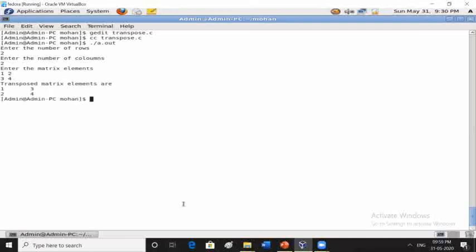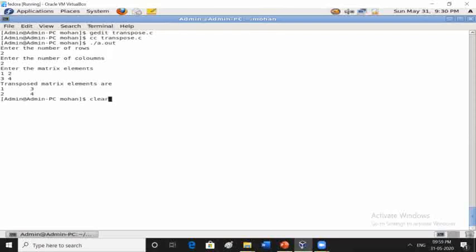Resultant transpose matrix is 1 3 2 4. Values are interchanged, i and j values. Whenever i is equal to j, same values. 1 and 4 are not interchanged, but in place of 2 here 3 is there, in place of 3 here 2 is there. This is the transposed matrix.